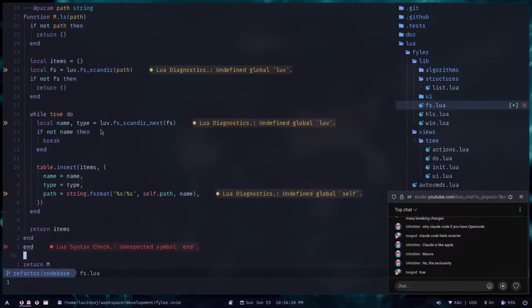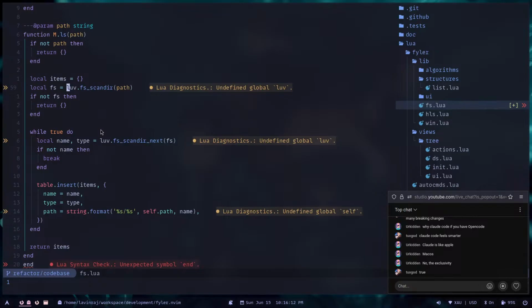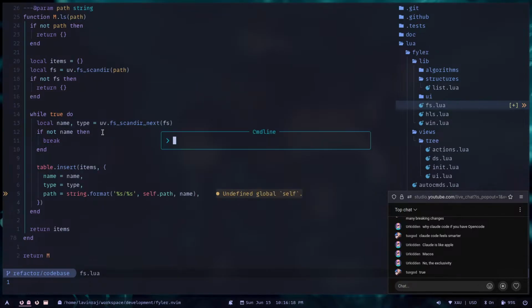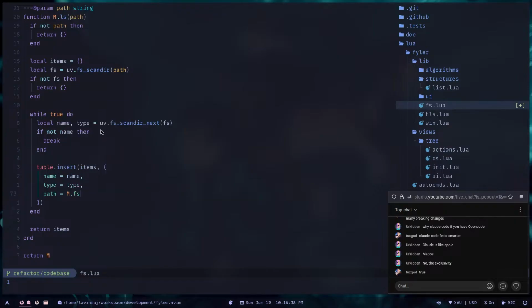So all right. So these are the items: name, type, and path. This is all we need. Self.path and the name. Instead of this, we can use the join path thing. So vim.fs.joinpath